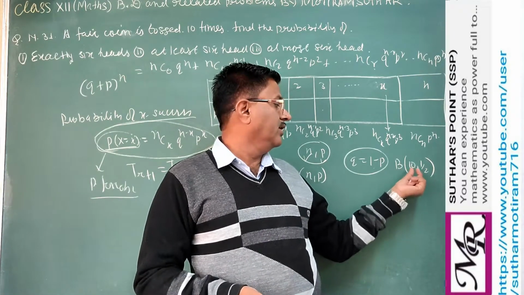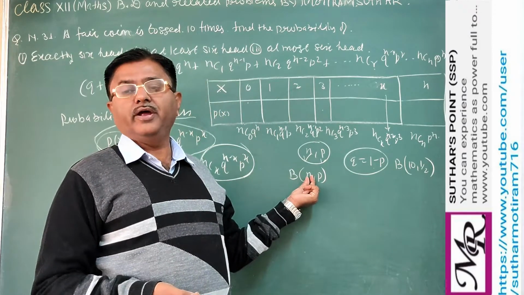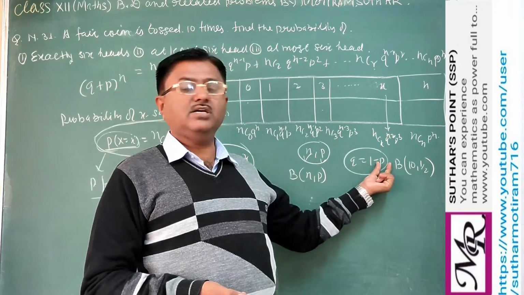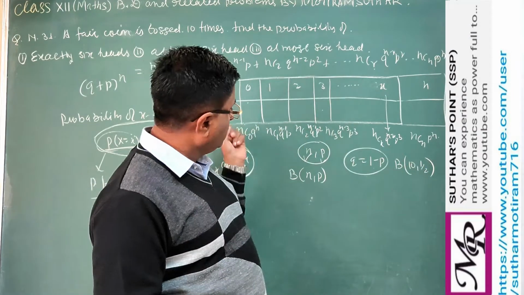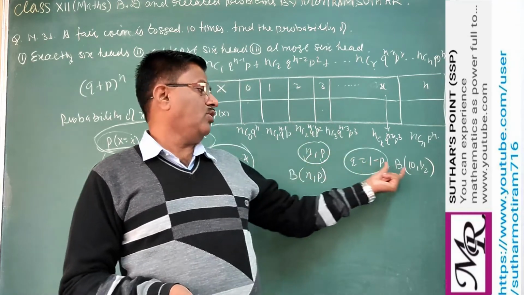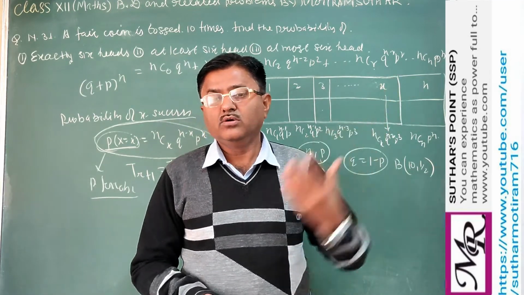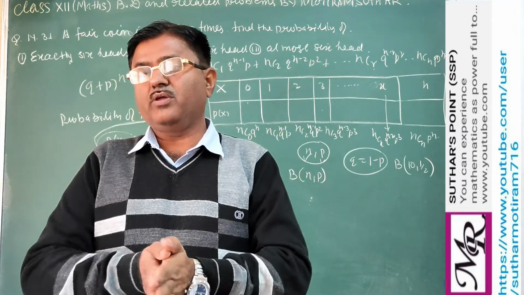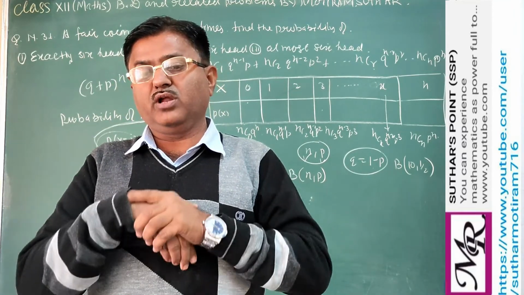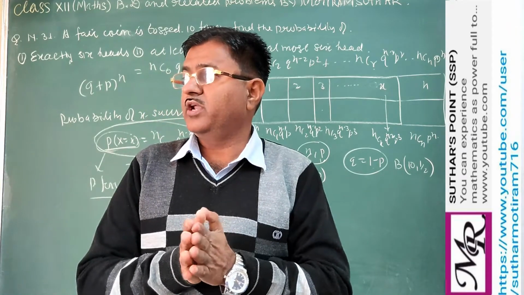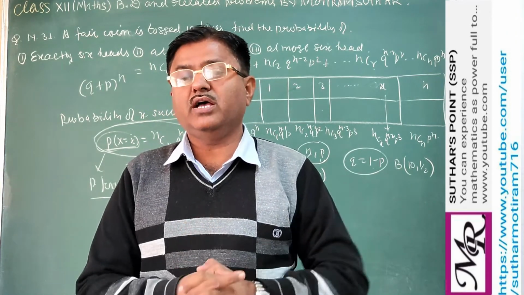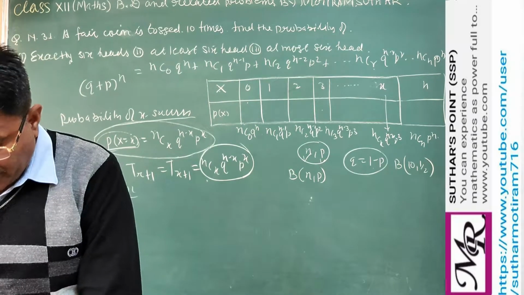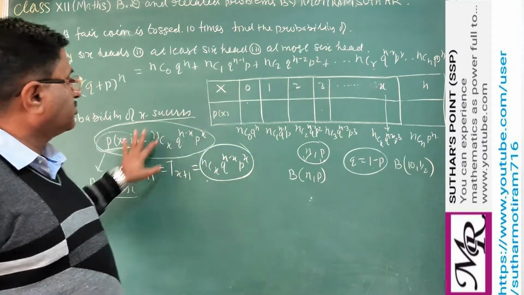B equal to B(10, 1/2). It means what? Number of trials 10 times, probability of success 1 by 2, not success 1 by 2. Then you use this complete formula. So only by giving these two values, one can find the binomial distribution. That's why this is a very important formula, and the questions will be asked based on this. Clear? Now we take an example based on this formula.